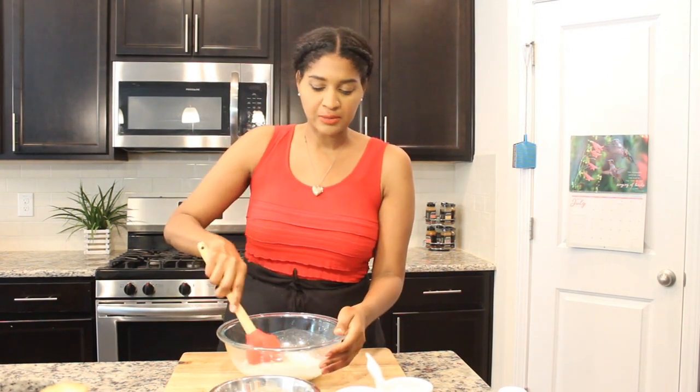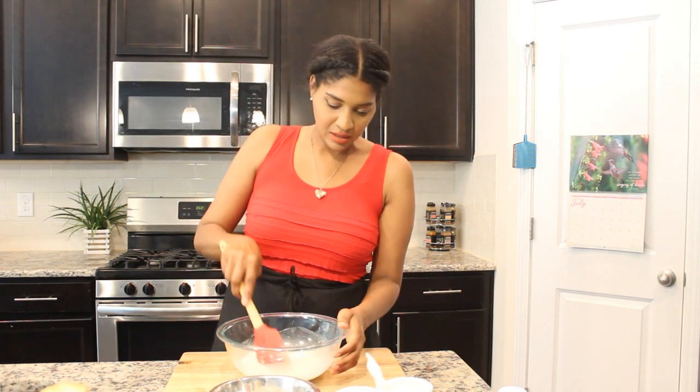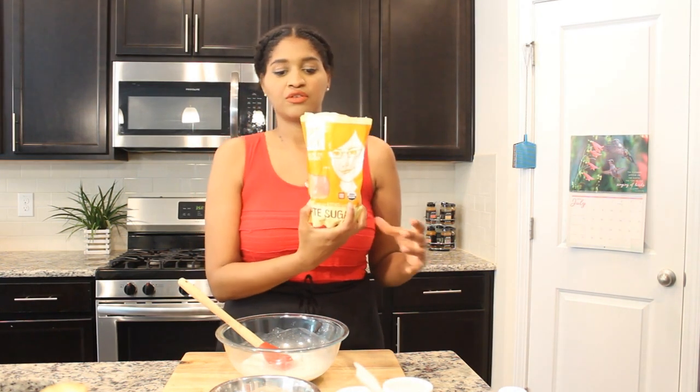What I love about this recipe is it's done with oat flour. Trying to mix this, I probably should have mixed a little bit of milk at a time, but that's okay. I put 1 tablespoon of apple cider vinegar in the milk to make it like a buttermilk. Using date lady sugar for this